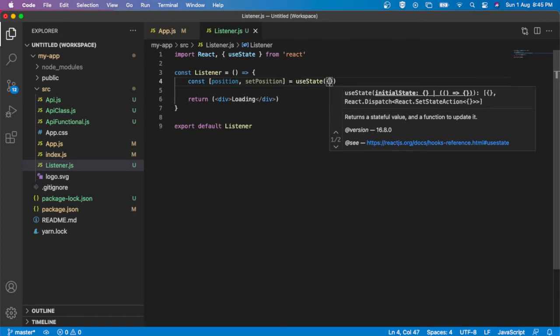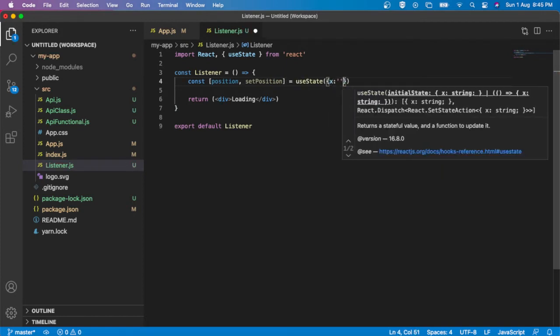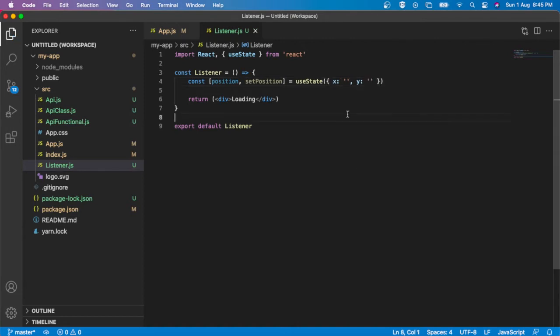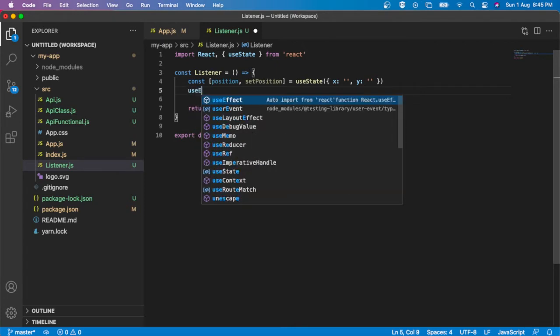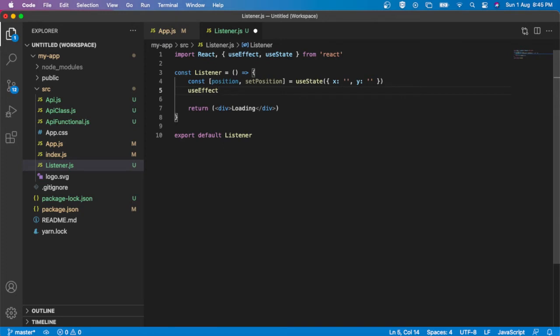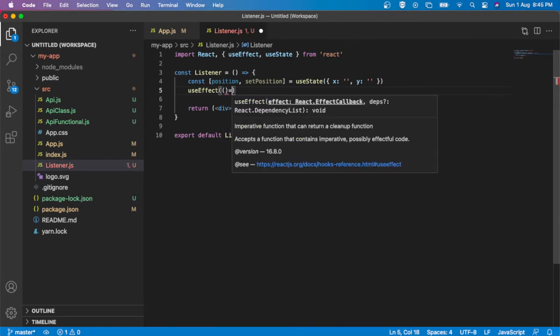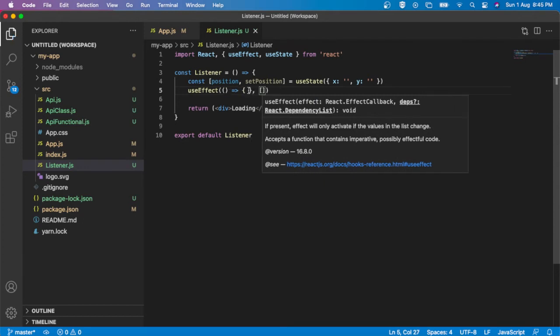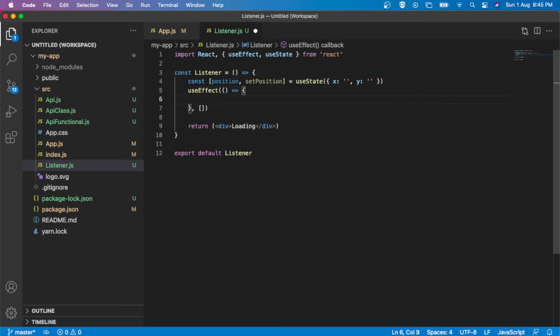Inside that object I am just adding two key values, x and y. Now I am going to create a listener inside a useEffect. Just declaring another useEffect here, arrow function, and I am also adding an empty array because I don't want to call useEffect on every render.